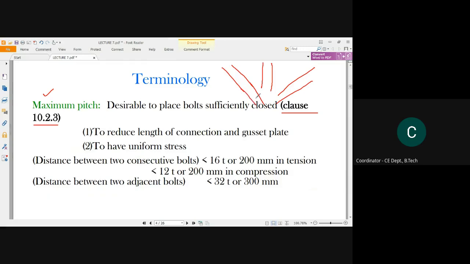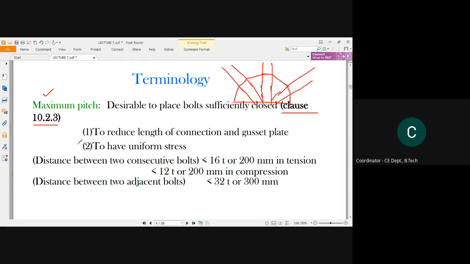To connect these sections, an external plate is used to join these members. This external plate is also called a gusset plate. Through this plate, the members get connected at one point. So this plate actually increases the connection strength.